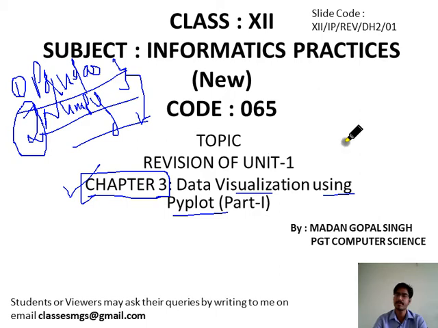It is a very important chapter, and in this chapter we will discuss what data visualization is. We will see some kinds of graphs like the line graph. We will discuss the scatter graph, and then the bar graph, histogram, box plot, etc. We will discuss the properties of these things also.